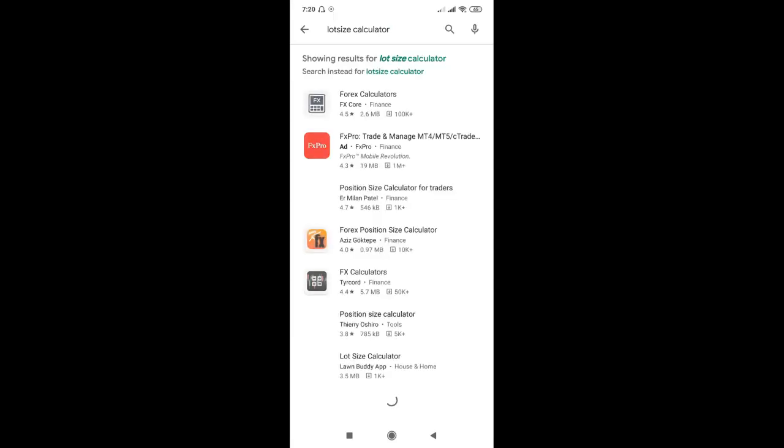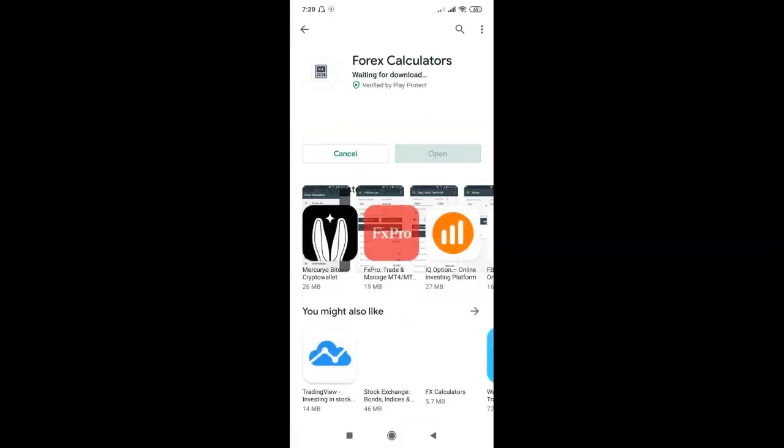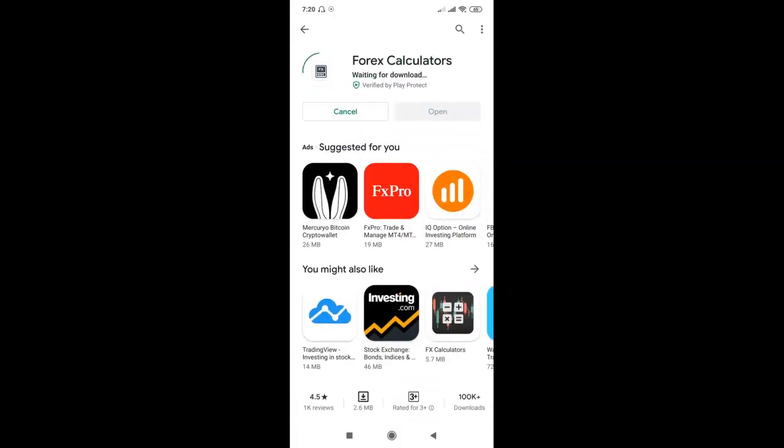Then click search. You can see the first one there, Forex calculators. It's gray in color and it has FX in white with a gray background. Click on Forex calculators, then install it. That will take a few seconds or a few minutes to install.